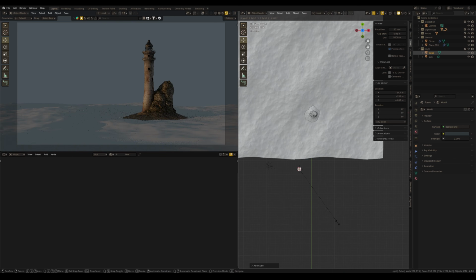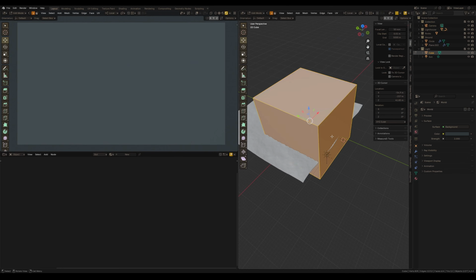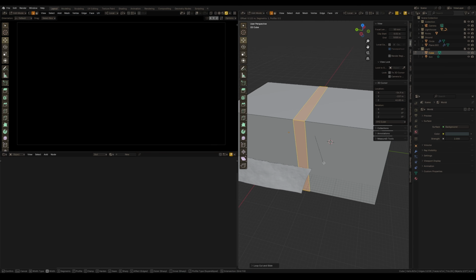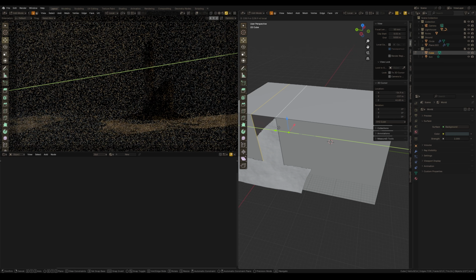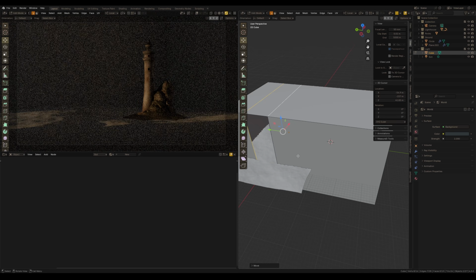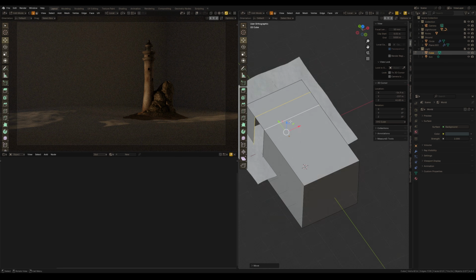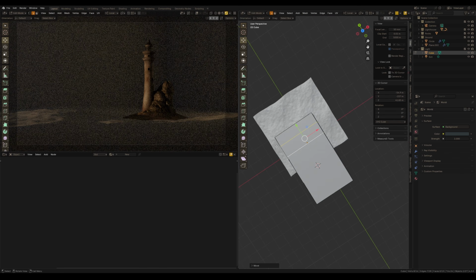But the default light works for the whole scene, and I definitely need to block this light to leave only one part, like the last ray of the sun. So I used a simple cube, subdivided this cube and deleted this space. This allows me to use this gap in the cube to control where to place this light ray in the scene. I can move only these edges and cut off the light from the whole Blender scene, except only one part with this lighthouse.